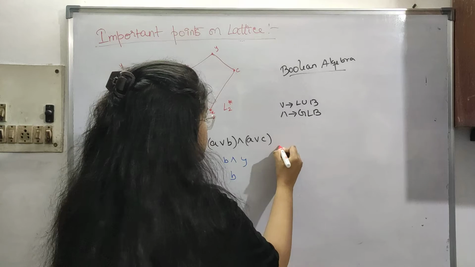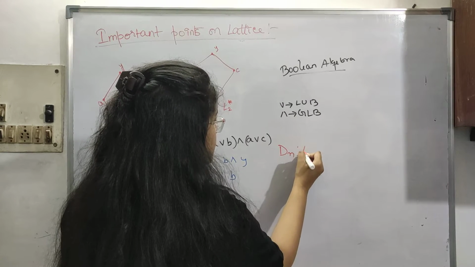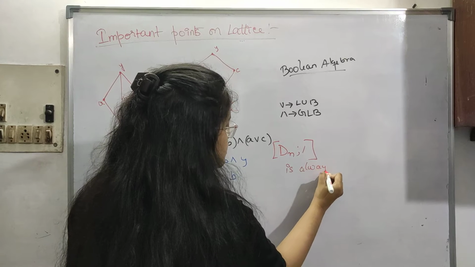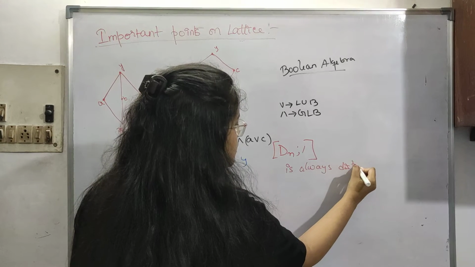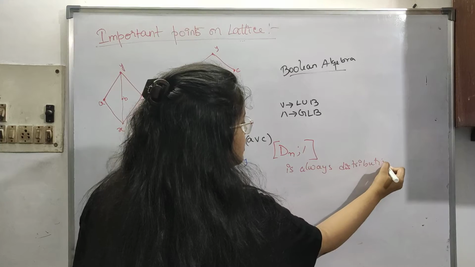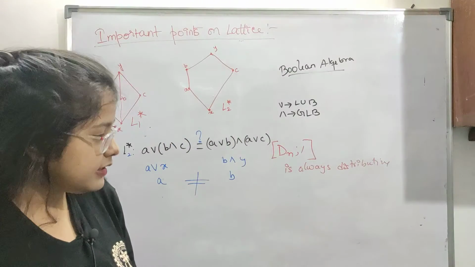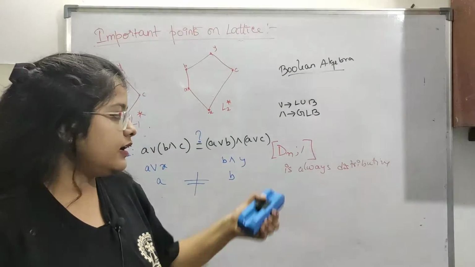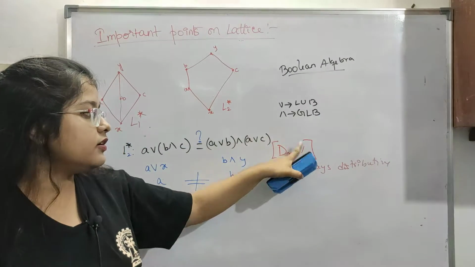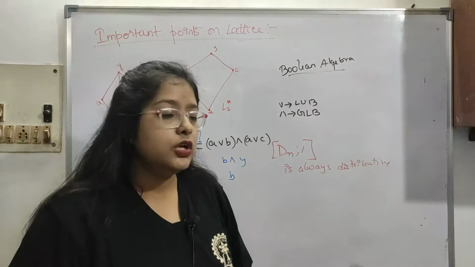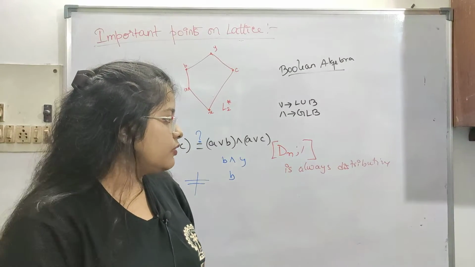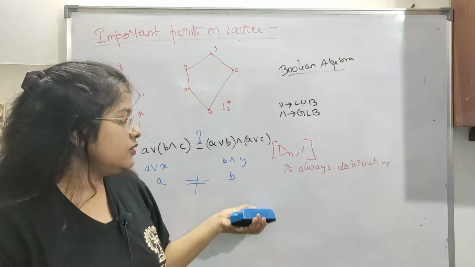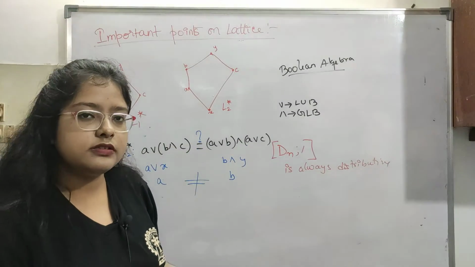So here dn, this divide, is always distributive. Okay, so we have done some questions on this. n is the number of positive divisors here in dn, and this is the relation, here it is divisor. So this is always distributive. Some questions may be asked, so we will see some more properties, but try to remember all this,